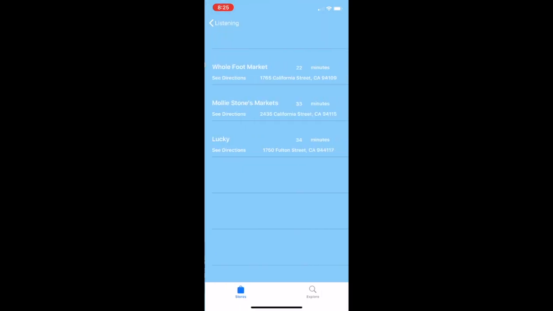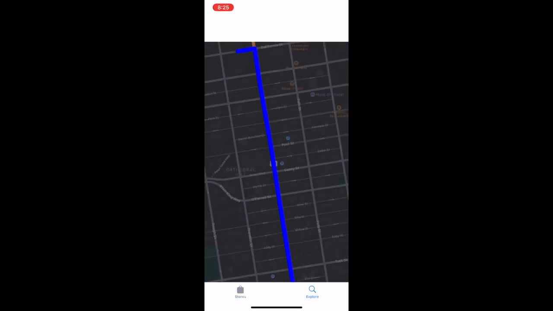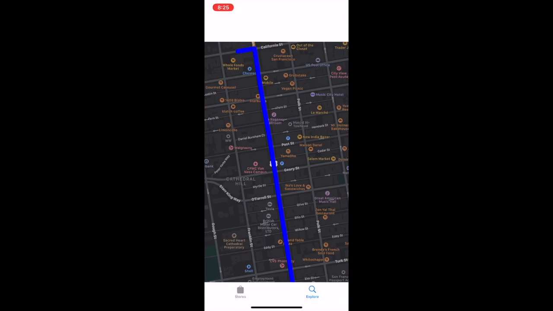Now it opens up the Stores tab and it lists us local supermarkets that are near our location. Now let's hit See Directions. And it shows us directions from our location. Now let's go back